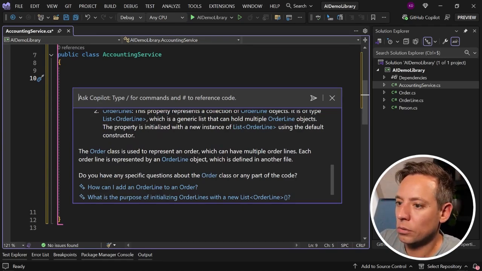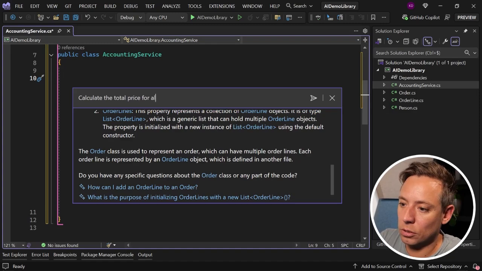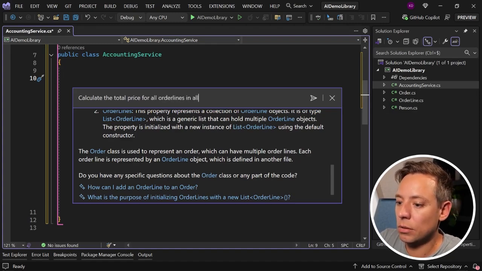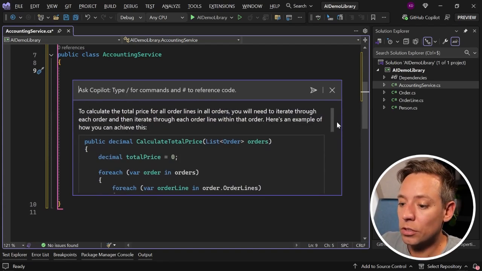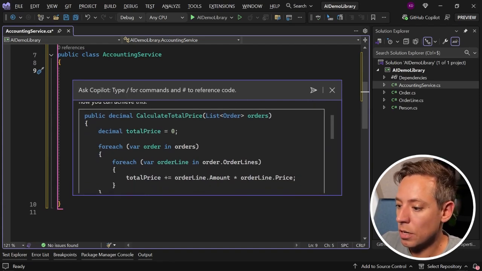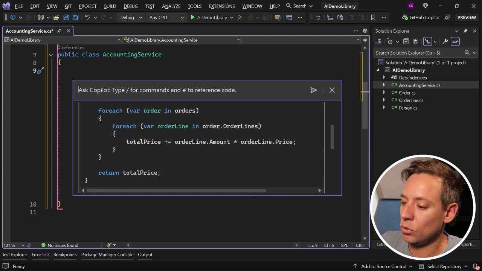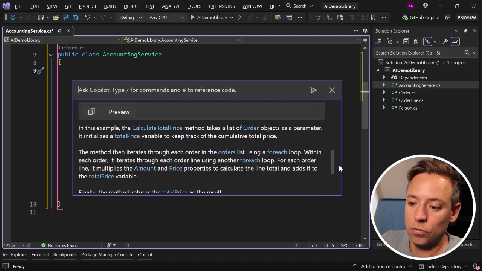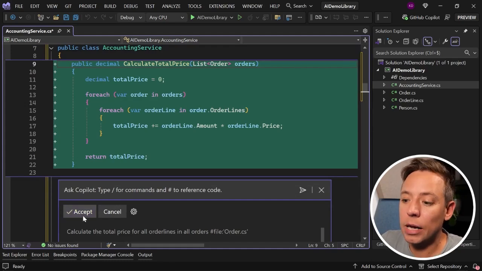So let me ask Copilot to calculate the total price for all order lines in all orders. And I'm going to refer to the order.cs class. And when I press enter, Copilot generates a method for me. This time it looked at orders. It figured out that it contained an order lines property, and for those it took the amount and the price, multiplied them and added them to the total price variable. If I now press preview, we see it in line, and I now can press accept,